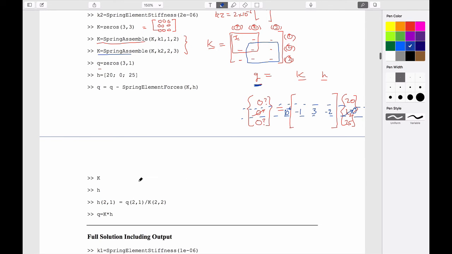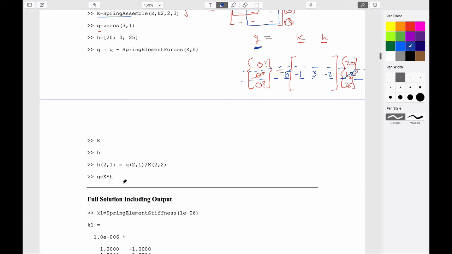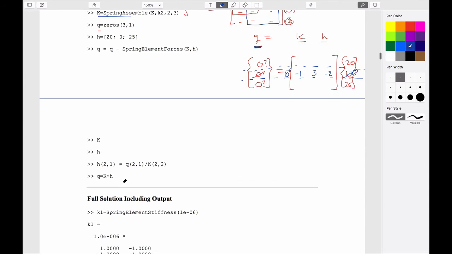Don't know why we do this. Don't know why we do that. Anyone got a thought of why we would do those two things? No, don't quite understand. And then we solve our equation by setting H2,